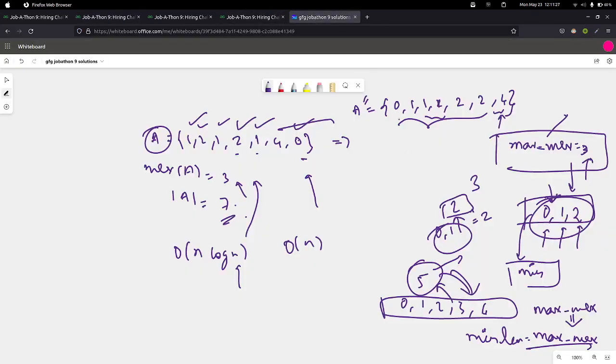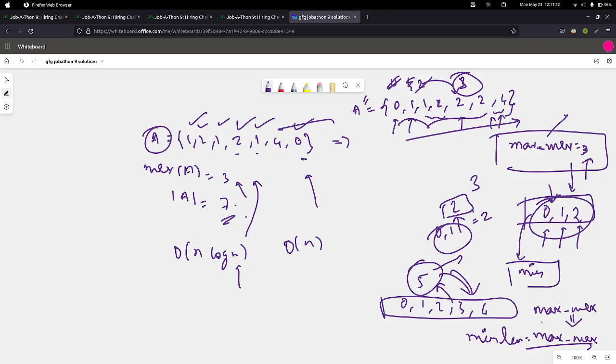As soon as we meet a value equal to the current max, for example, initially max was 0, right? So as soon as we meet 0, we will increment max to 1. As soon as we meet another value, we will increment max to 2. Now when I meet 2, I will increment the max to be 3, and when I meet 3, I will increment the max to be 4, but there is no 3. Hence, after we traverse the whole array, our max value will be still 3, and we can easily return that,